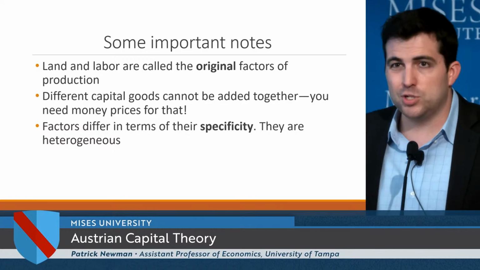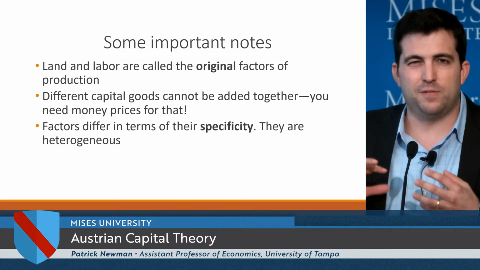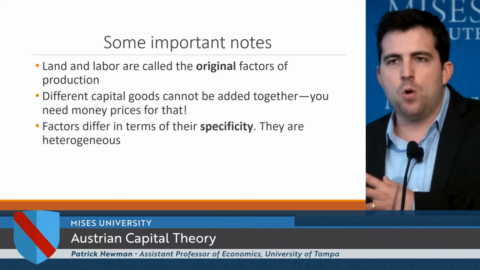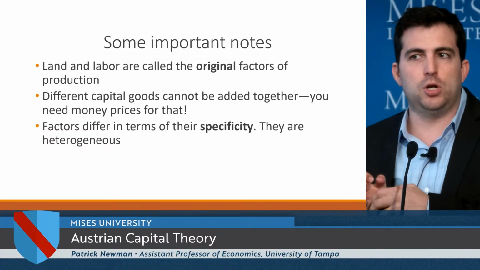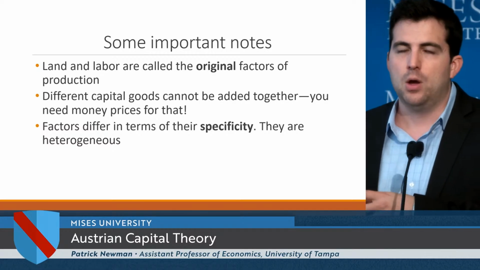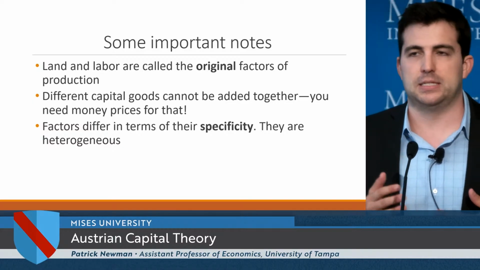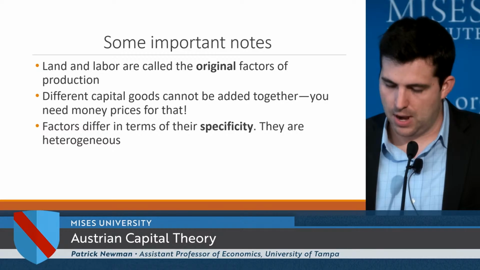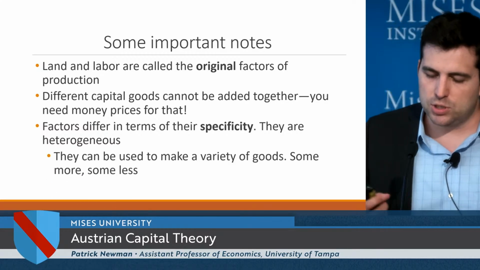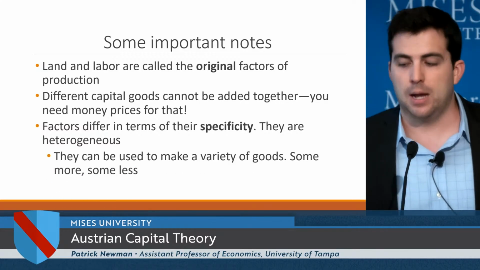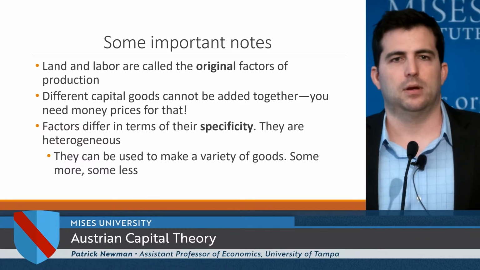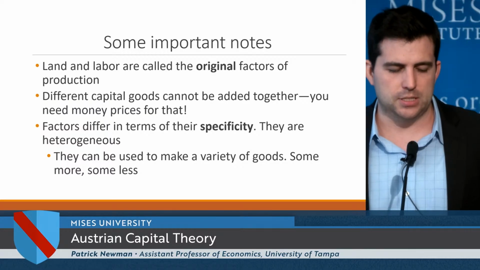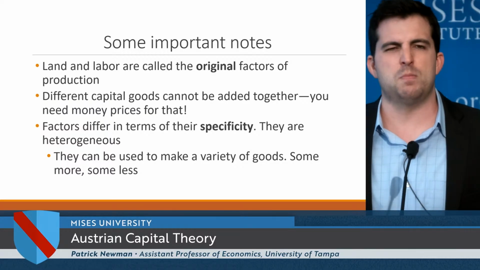And the entrepreneur is crucial in creating capital goods and figuring out, okay, I'm going to transform things, and it might be more serviceable for producing certain goods, but if those goods aren't valuable, well, I might have to suffer a loss because now I can't just quickly convert these capital goods into something else, right? So capital goods can be used to make a variety of goods, some more and some less. So we have this general understanding of capital goods and Austrian production theory.